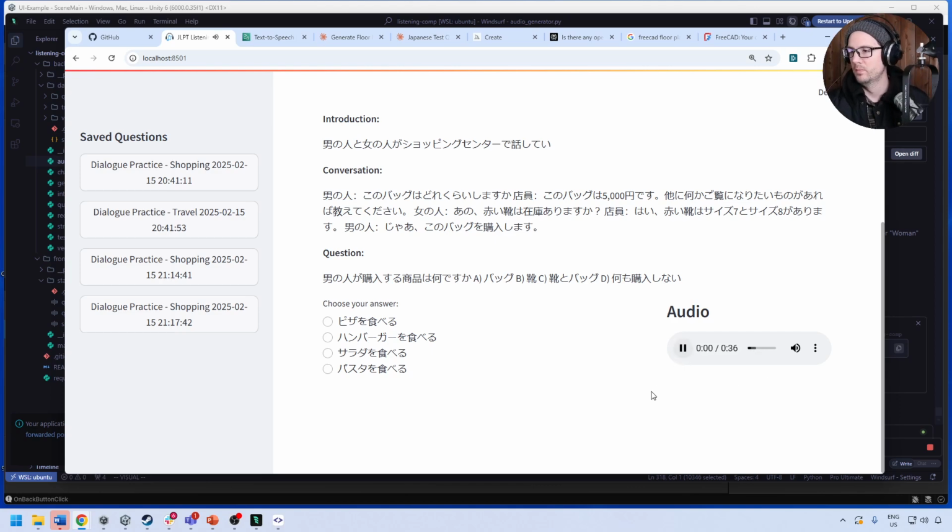男の人と女の人がショッピングセンターで話しています。このバッグはどれくらいしますか？このバッグは5000円です。他に何かご覧になりたいものがあれば教えてください。赤い靴は在庫ありますか？はい、赤い靴はサイズ7とサイズ8があります。じゃあ、このバッグを購入します。男の人が購入する商品は何ですか？ A バッグ B、靴 C 靴とバッグ D 何も購入しない。